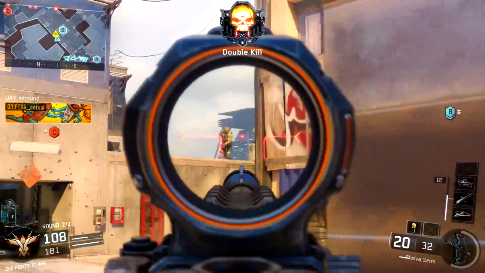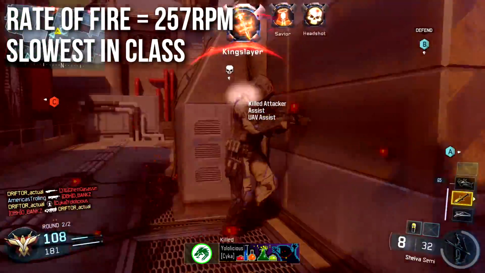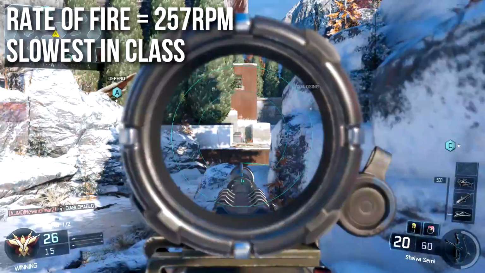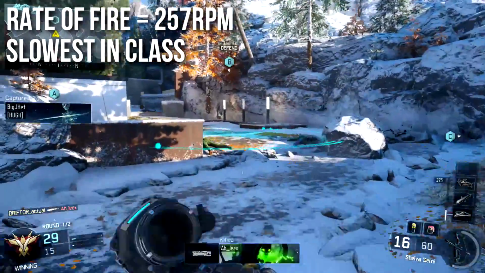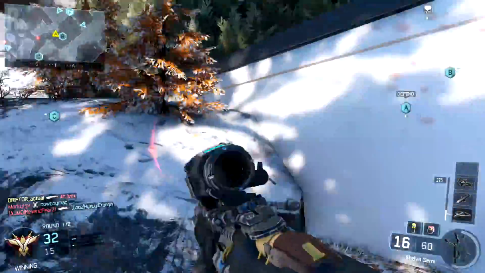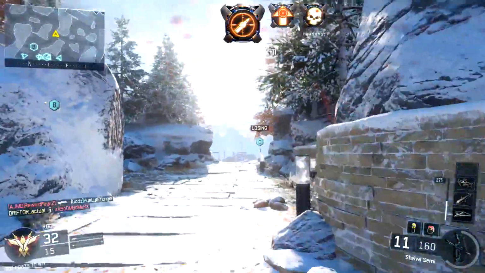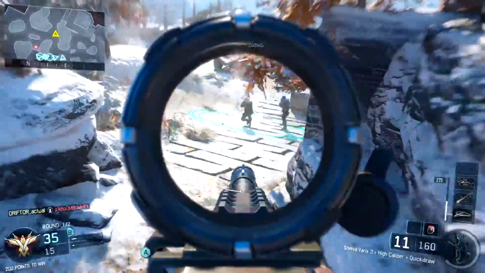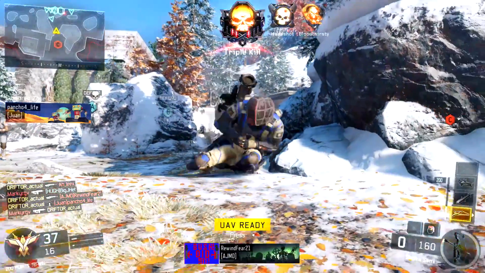The most serious of which is that its rate of fire is 257 rounds per minute, which is by far the slowest in the assault rifle class. I've said that other assault rifles were slow, the KN-44 is slow, the ICR is slow, the Man of War we know is slow, but this is half of that speed, maybe a quarter of the speed of some of these weapons. It is incredibly slow firing, and you will definitely notice it is noticeably slower than the FAL from Black Ops 2,